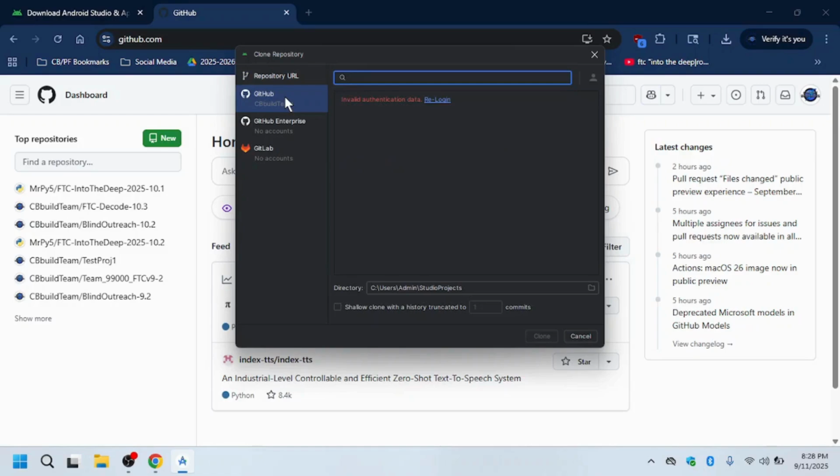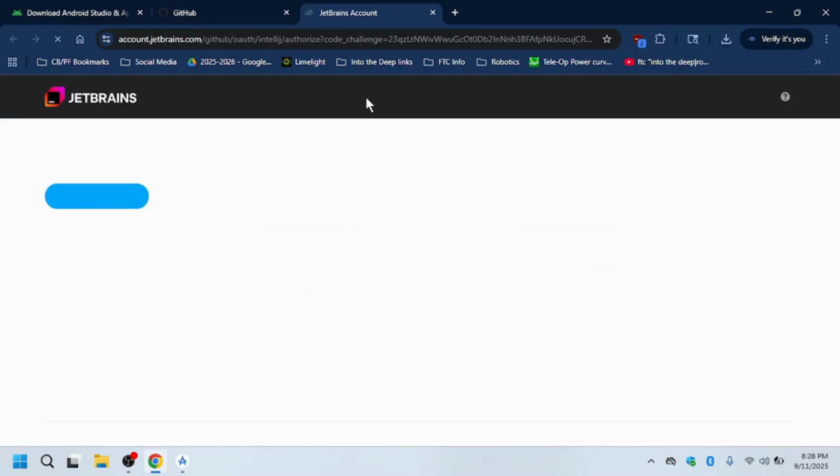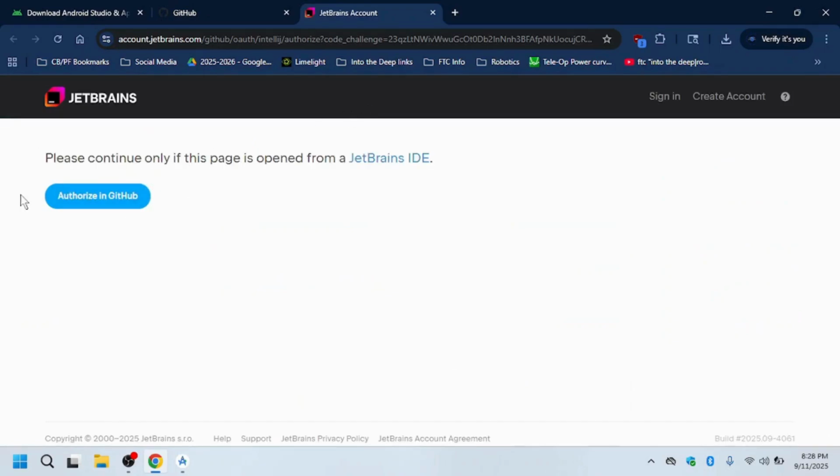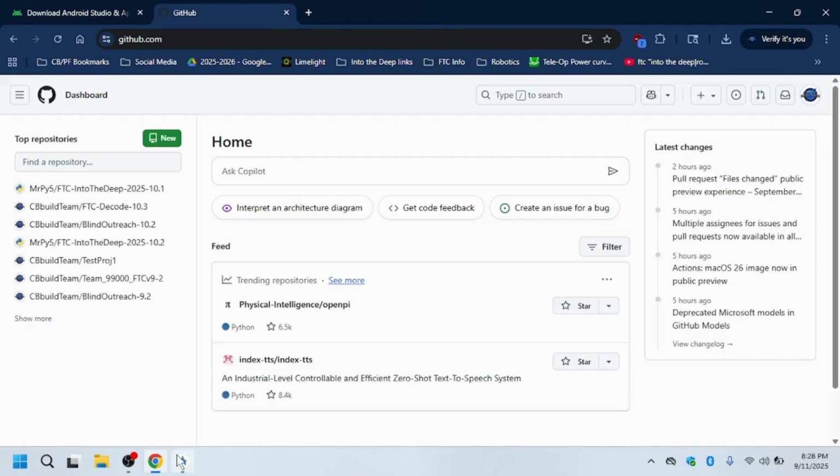And then you're going to press on that button and then log in via GitHub. Another page will open from JetBrains, and you're going to press Authorize in GitHub. Once that does, you can close out of that tab,